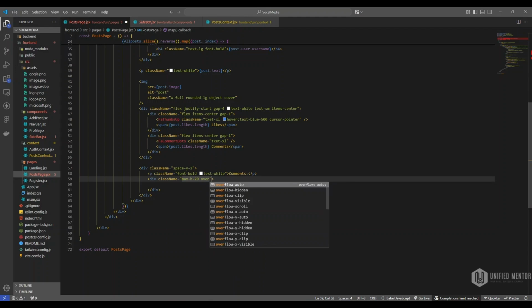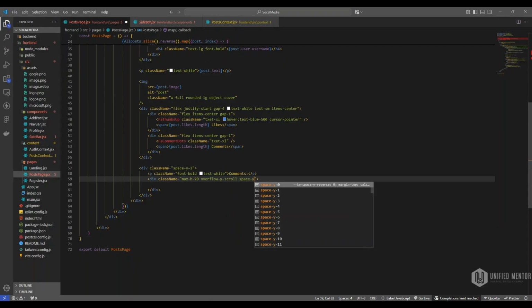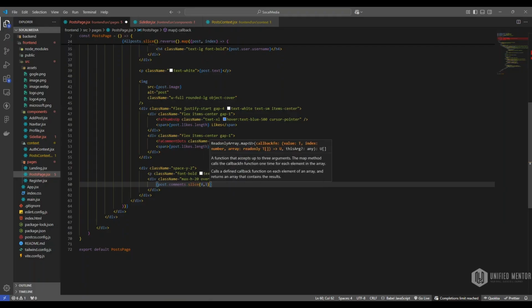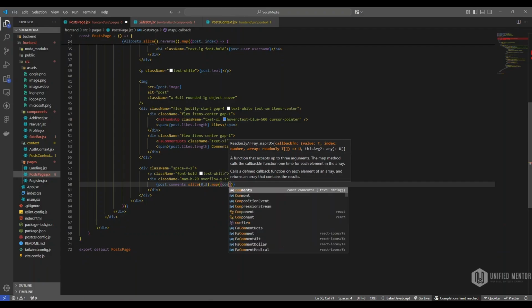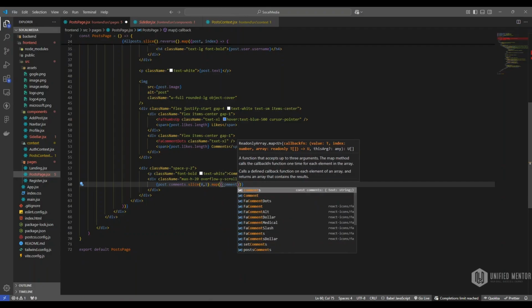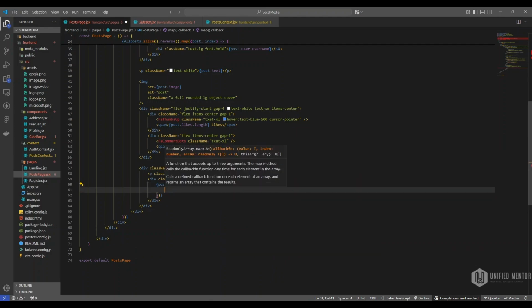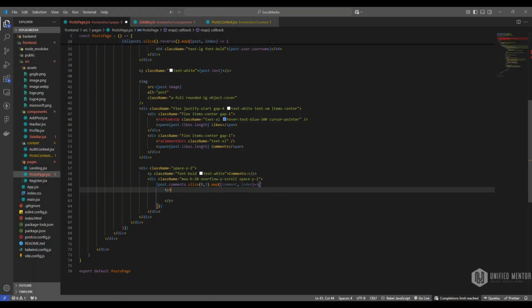If it is overflow, I will just make the y scroll. Space will be y, and here we'll check post.comments.slice. I will just show this slice from 0 to 3, means 0, 1, 2, that's it. And I will map on the comments, where here I will get the single comment every time, with the index of that comment. Here I will show that comment as a paragraph, where I will provide the key index with the class name,